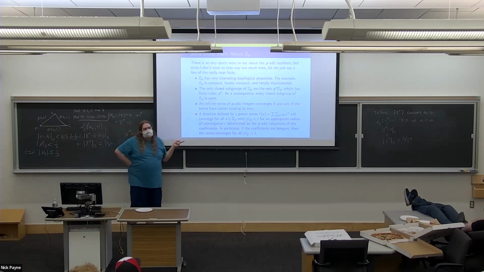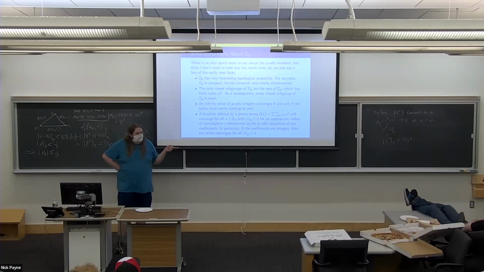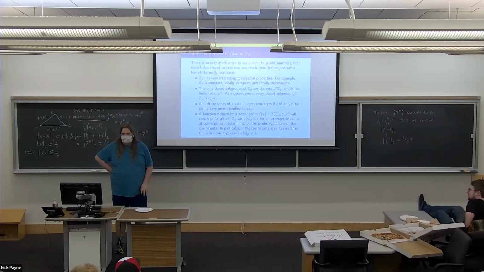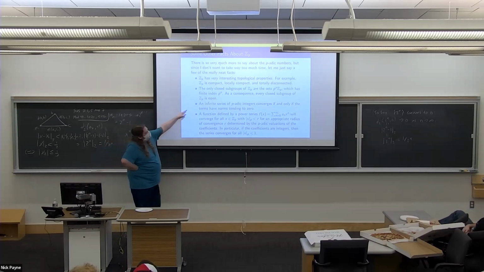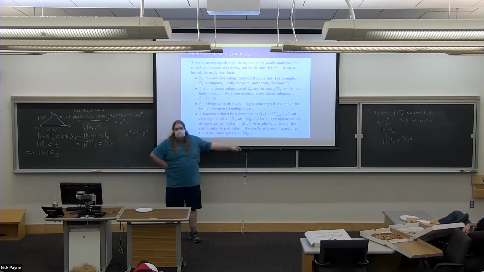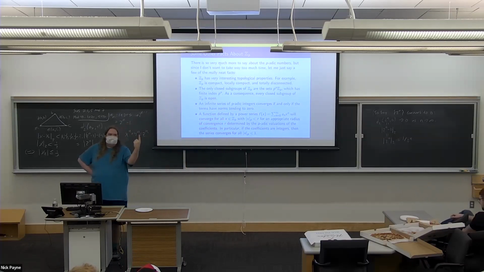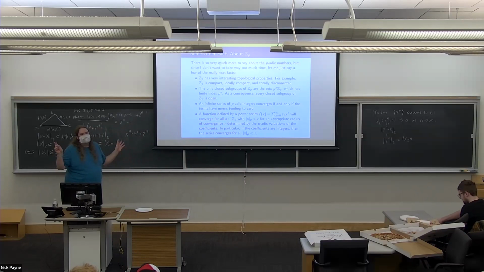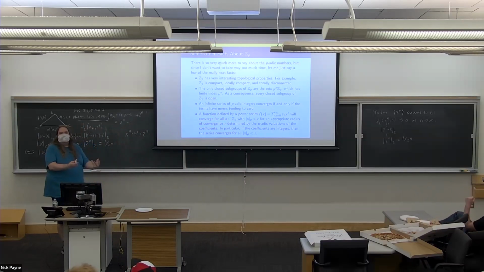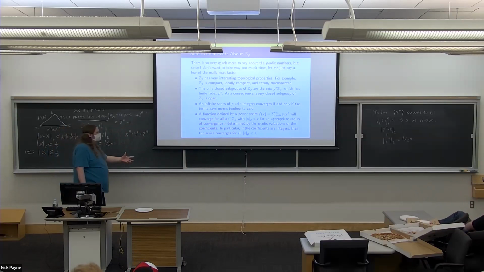So remember when I told you before that if you try to decide if an infinite series converges, this is really annoying. There's all these stupid series convergence tests over the real numbers. For the p-adics, it's really easy. An infinite series converges if and only if the terms go to 0. I need one test, that's it. Converges if and only if the terms get small, period. It's the only thing you ever have to check. Beautiful, right?